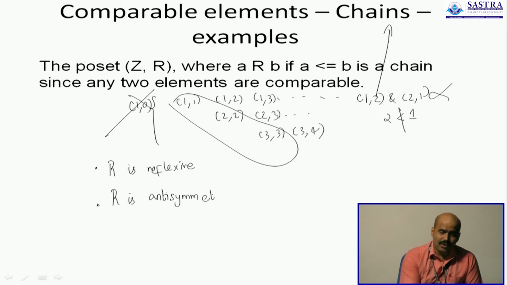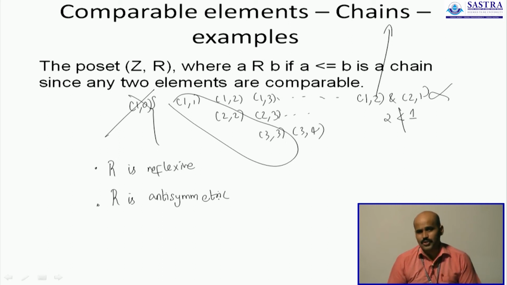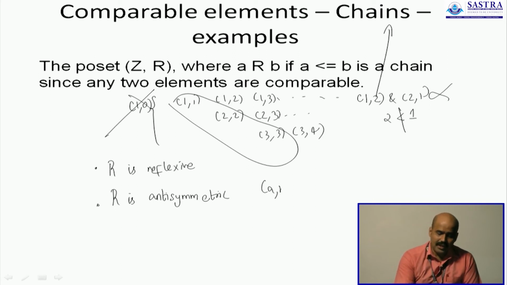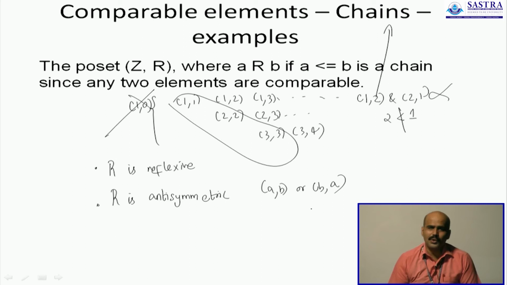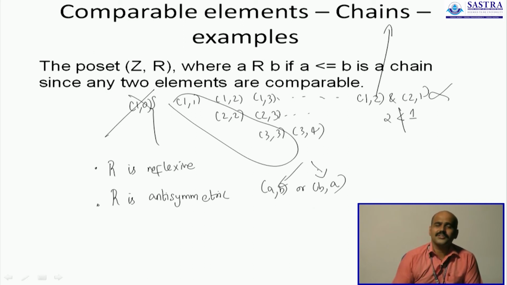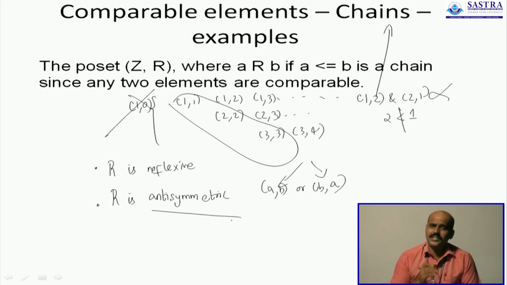However, you will obviously see that R is also antisymmetric. Antisymmetric because for any two elements that are not equal to each other, if A and B are distinct, I will definitely have either A comma B or B comma A. That's because any number is always less than or equal to some other number. So if you pick any two randomly selected integers, I will show you how to zero in on this or this. So when you have only one of the two ordered pairs present and never both, R is also going to be classified as an antisymmetric relation.